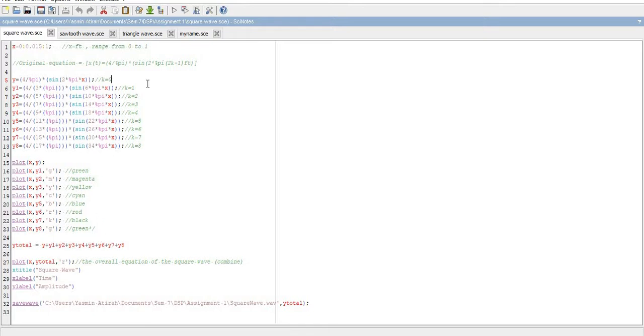So these are all the equations with different variables value, and this plotting area here is where I am showing every single equation that I have added here with different defined colors. We'll see later. And the y total is where all the equations are being added together. Y after y, y8. So this is the final wave equation that I am going to plot, which will show